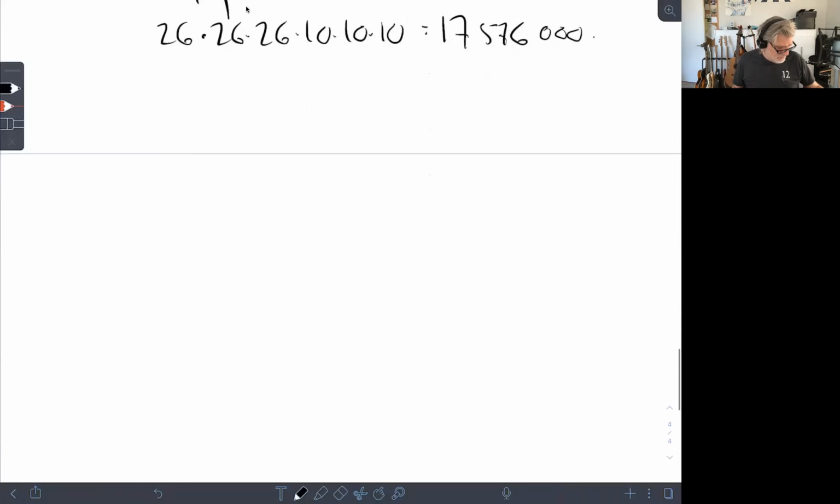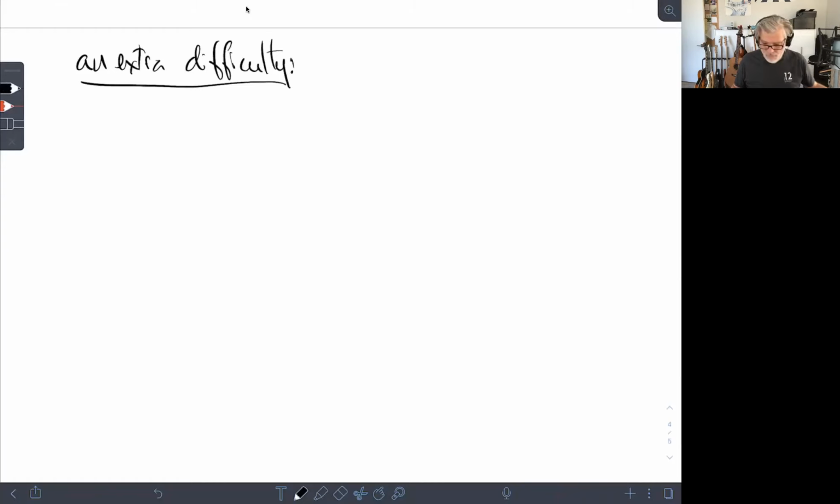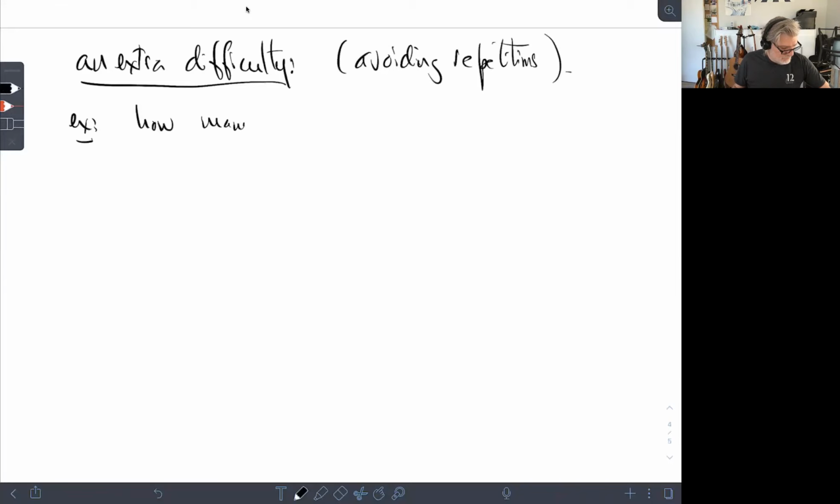Here's a first difficulty, a common difficulty, which is that you're asked to avoid certain repetitions. Avoiding repetitions is very common. Okay, so here's an example, and we'll get back to that several times during the lecture. So how many elements